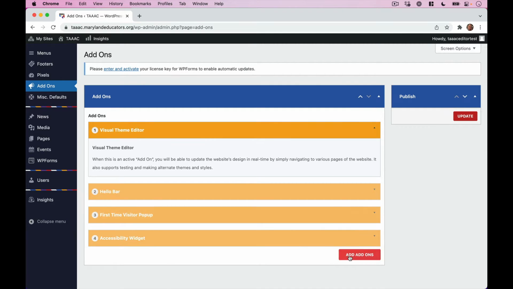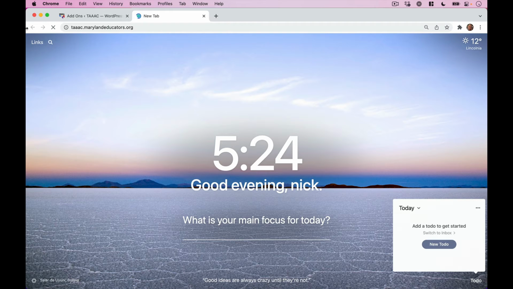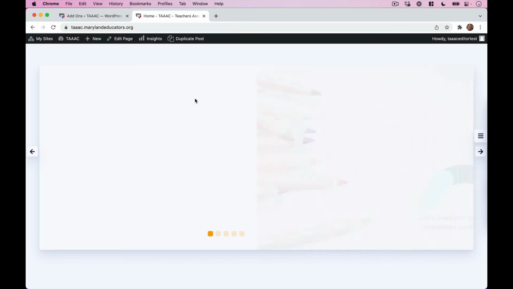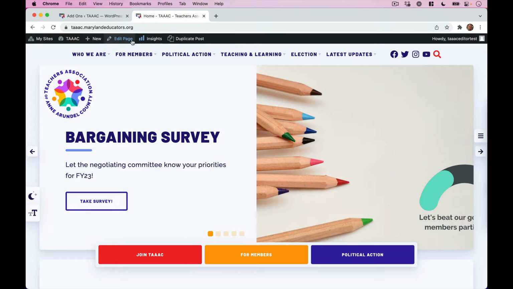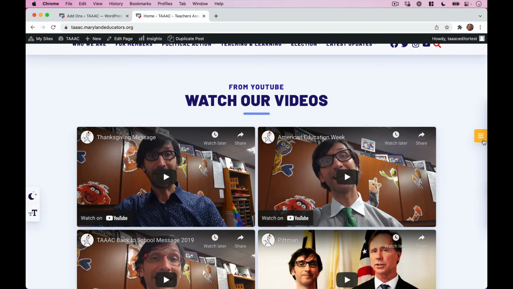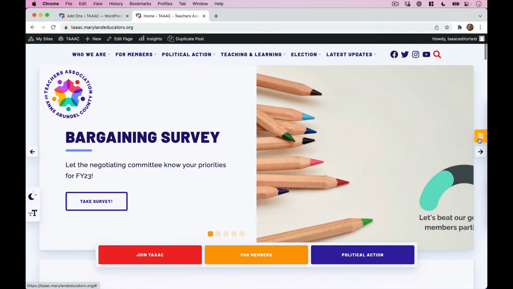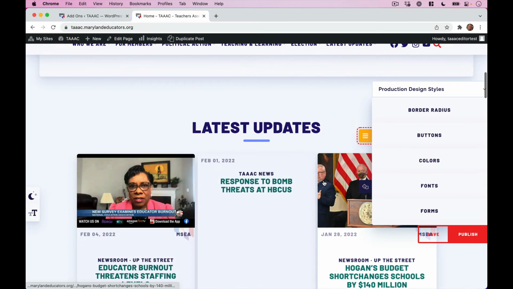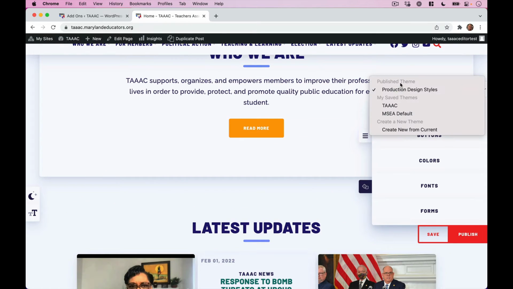When this is added to the add-ons section here, if a user would log in and go to any page on the website, and if they're logged in, they can see the black bar. What you'll see on the right side is this little thing here, and it's kind of hidden away. What's really cool about this is you can expand it out, and you have a whole bunch of theme options